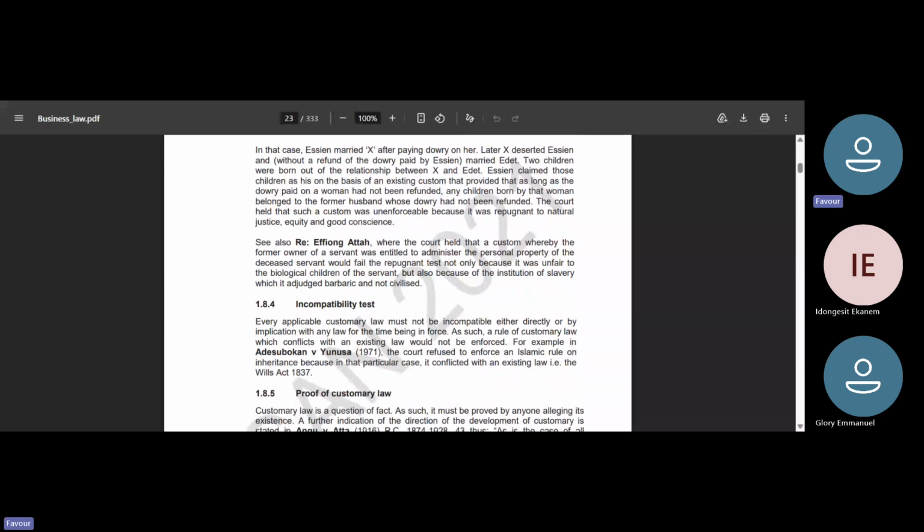This is talking about a tradition where if a servant of a particular household dies, the master has the right to take over the property of that servant and administer it the way he wants to. But the court is saying that this is unjust and unfair to the biological children of that servant, and apart from it being unjust and unfair to the children,